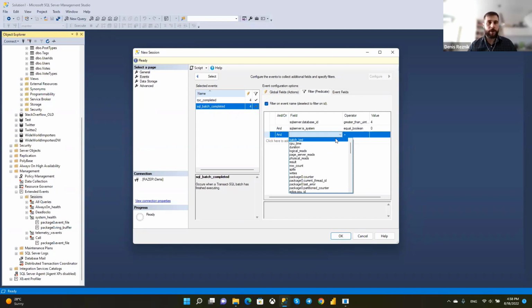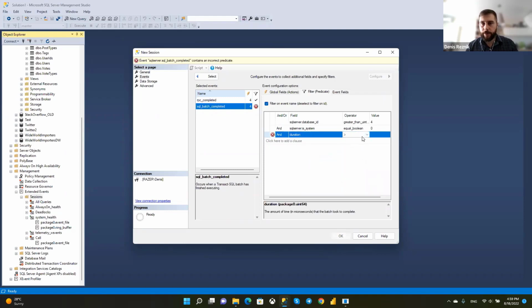But at the beginning, I try to reduce the surface to the most important parts to quickly find the issue. If it can't be quickly identified, then we extend the surface and track more areas and more queries. By default, it's filtering out system databases and system queries. And now I would like to put a filter on duration.